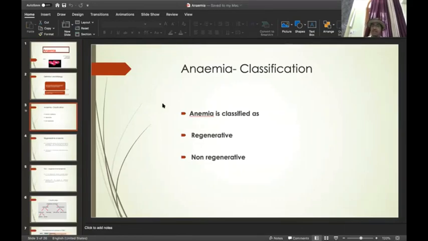So coming to the classification, anemia is broadly divided into two: regenerative anemia and non-regenerative anemia. Generally, the anemias produced in the system are mostly regenerative in nature, either produced by loss of blood or due to some of the etiological agents. But sometimes, suppose there is a lack of